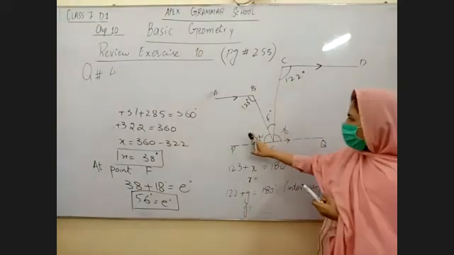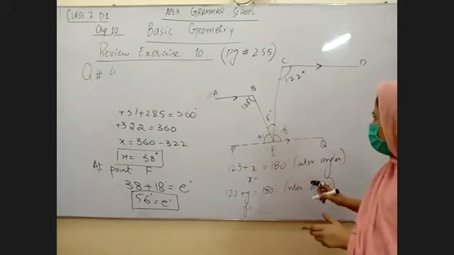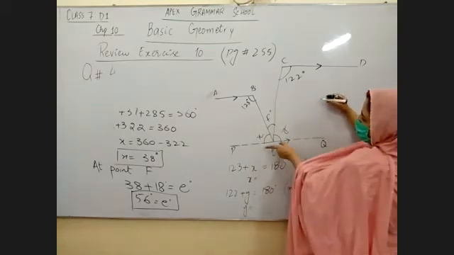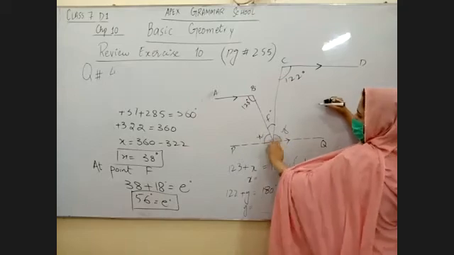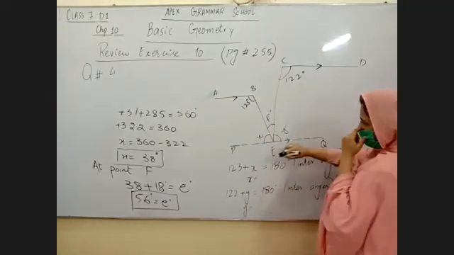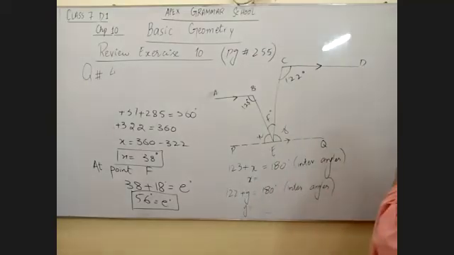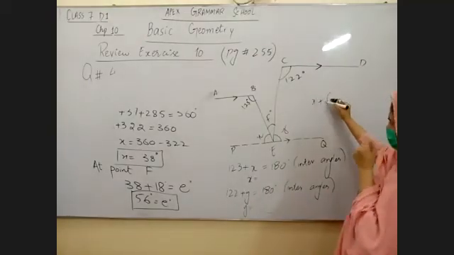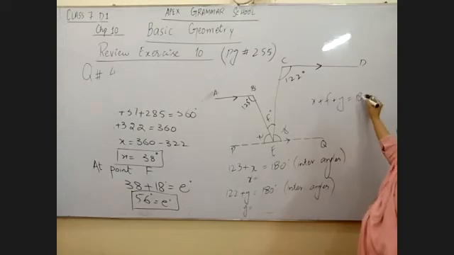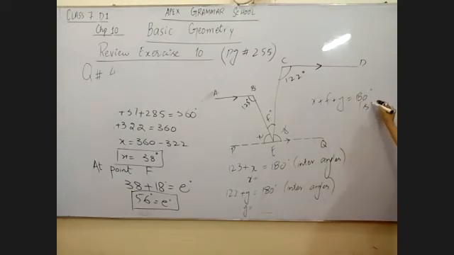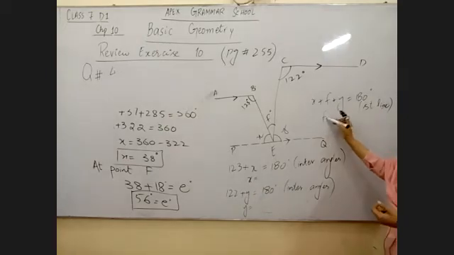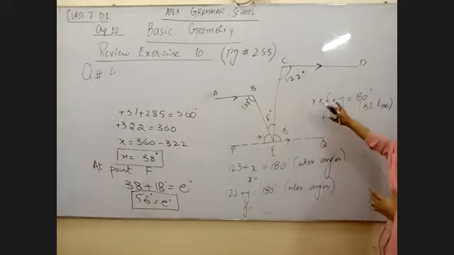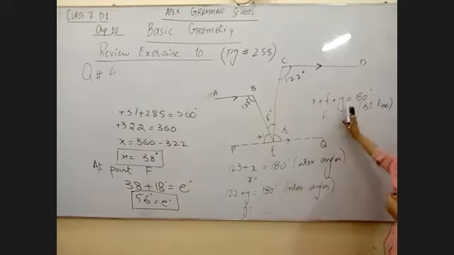So you got the value of X, you got the value of Y. Now the last equation for this question: you can see at point E, there are three angles, X, F, and Y, and these three angles are lying on a straight line. So X plus F plus Y is equal to 180 degrees. And the reason is not interior angles, it is straight line. So from here you will put the value of X that came from above, the value of Y as well, and you will find out the value of F.